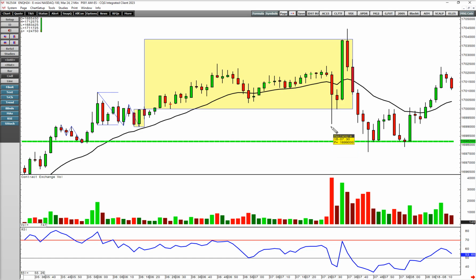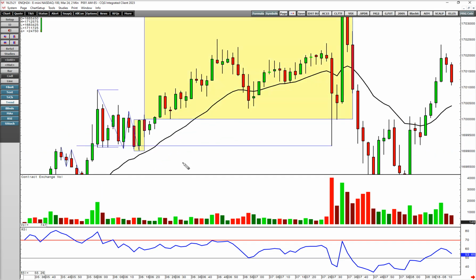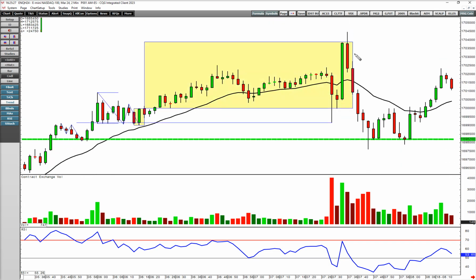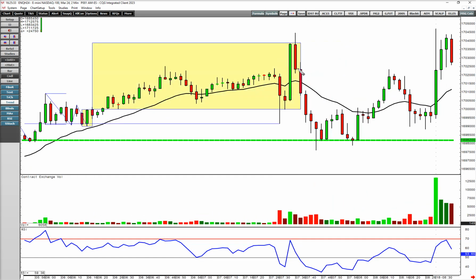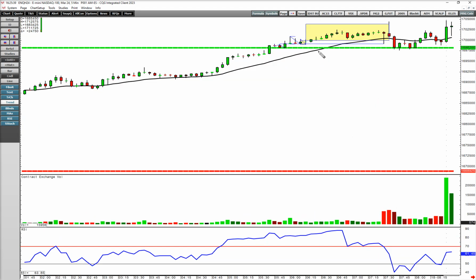And this spike on the news got as low as 16,991.75, which was less than 2 points away from the stop. So you can see we wouldn't have gotten stopped out, but nerve-wracking enough to do that. But then within 2 bars, so 4 minutes or 6 minutes, we got to the 4R target on that. And by this time, we're at 7:40 in the morning, and we may as well switch to